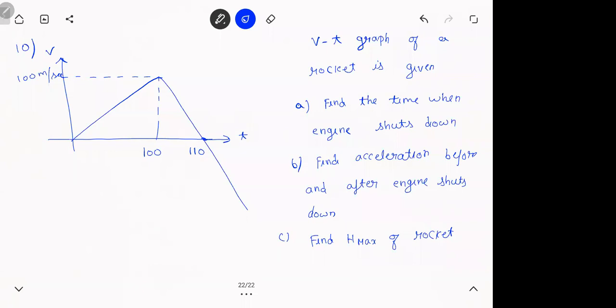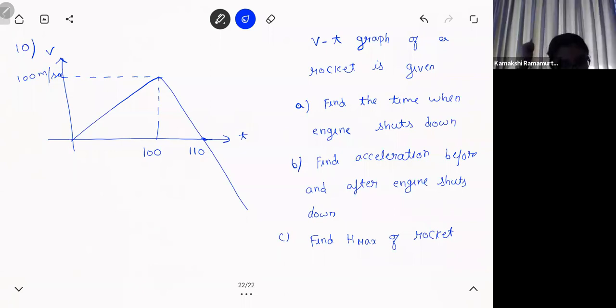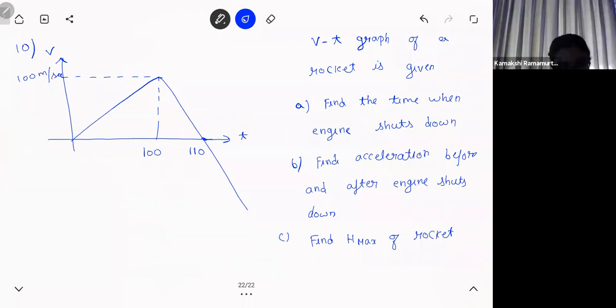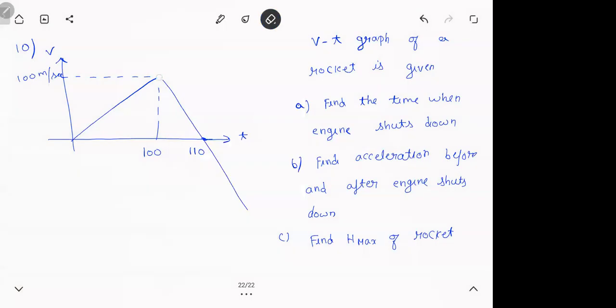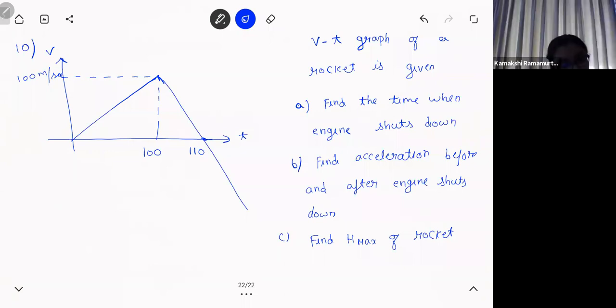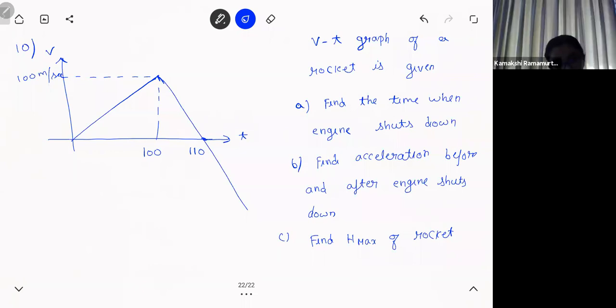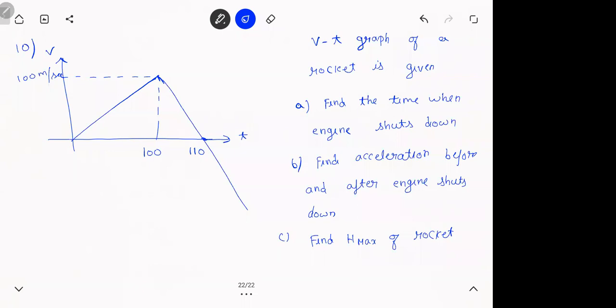There's a horizontal tangent at 100 seconds. So slope is 0. Who said that? It's a very sharp curve there. Straight lines. Slope is undefined there. But still, tangent, so why that point doesn't make sense for me. So slope is 0. What does it mean then? In a v-t graph, what is slope? Acceleration. So why will the engine shut down there then?